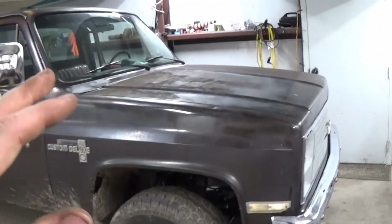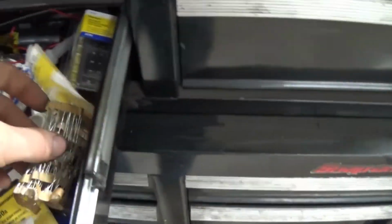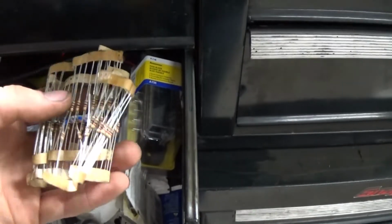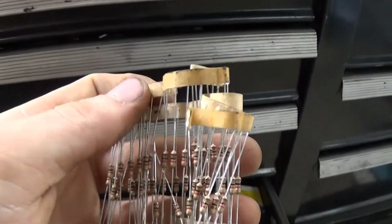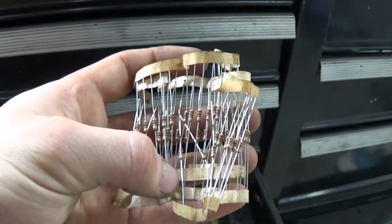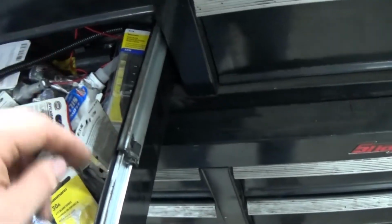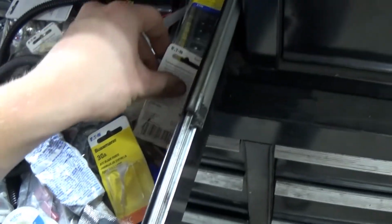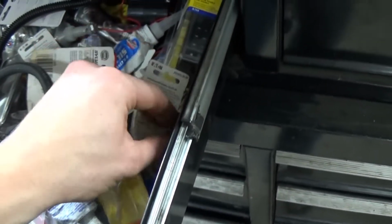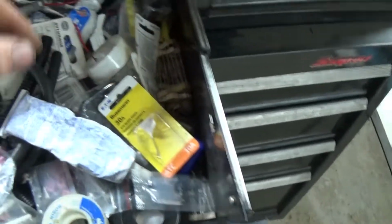most LS swaps, you have to wire in a resistor. So I actually bought all these resistors 5 years ago for that specific reason. 1,000 ohm resistors. You got to wire one end to key on 12 volts, and then the other end is just going to go right in line with your tach signal, so you can get enough power to run the tach, because some computers don't send out enough power to actually power the tach and send a signal to it. So you got to help it out a little bit,